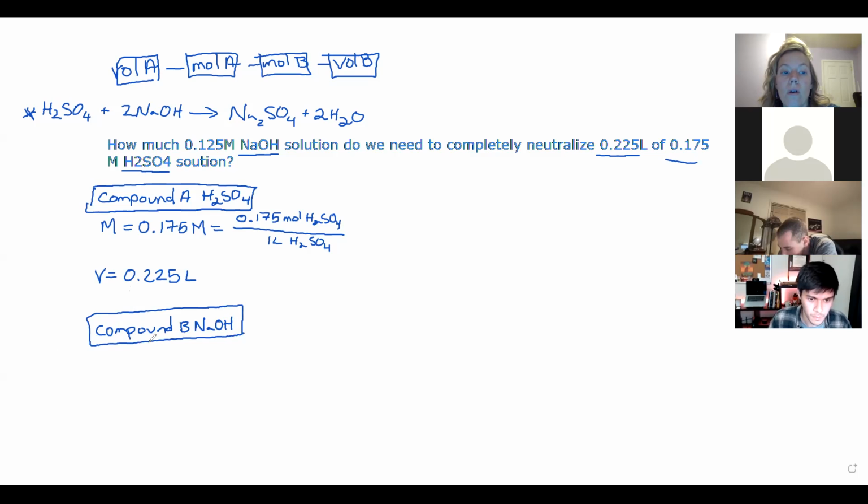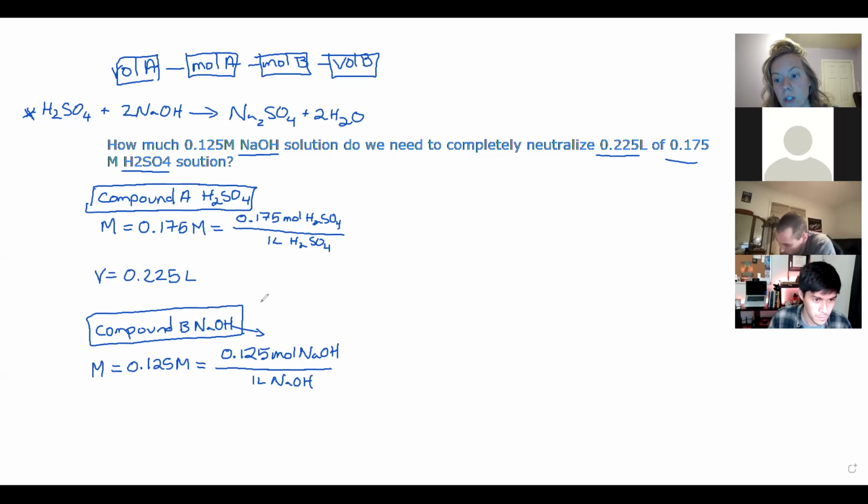So what do I know about NaOH? I know its concentration. I know the molarity is 0.125 M. Again, I'm going to right away change that into a mole per liter conversion factor. So it's the same thing as saying that I have 0.125 moles of NaOH for every 1 liter of NaOH. I want to put what the compound is, just so I don't confuse myself,